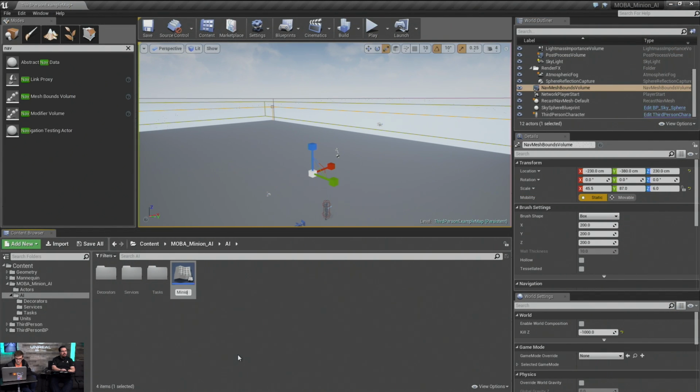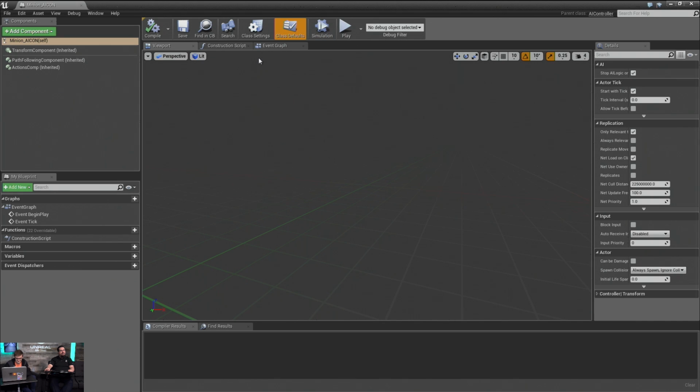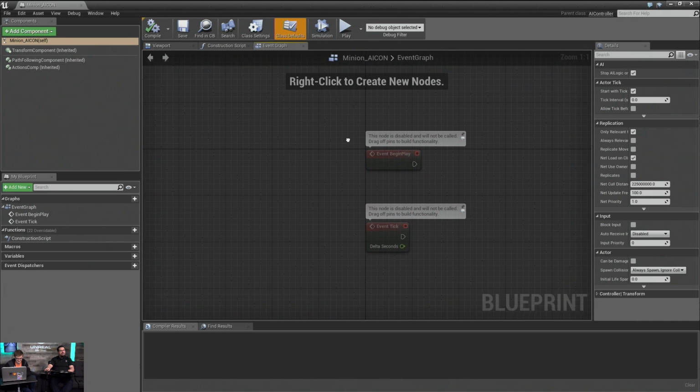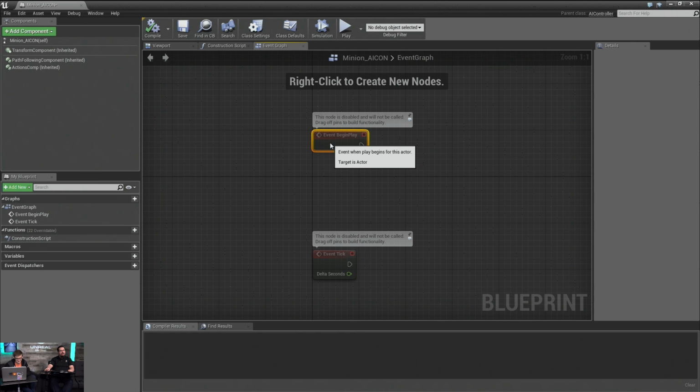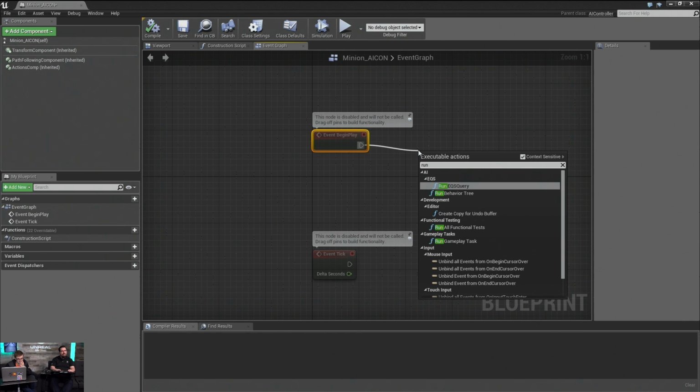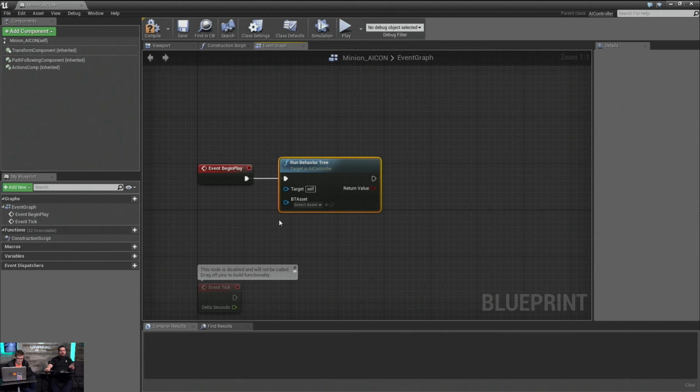We'll call this minion AI con. Control S. Nothing really much to do here. On begin play, it's going to do things like run our behavior tree, which we don't have an asset for yet. If I compile now, oh no, it actually said it was okay.